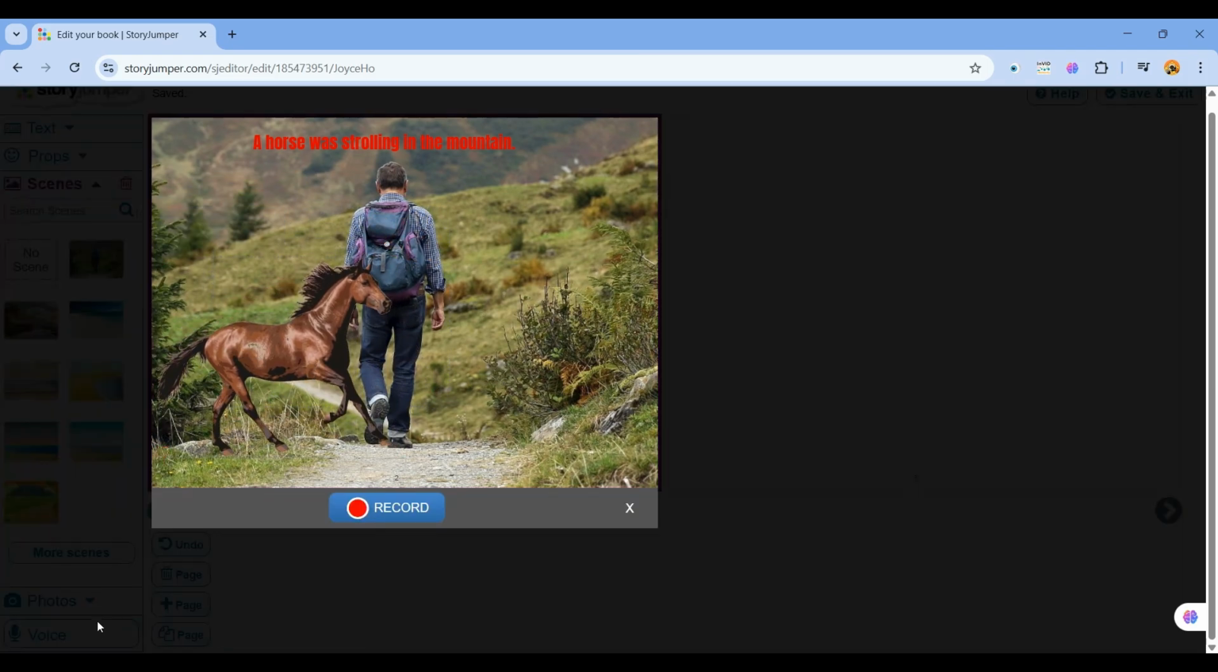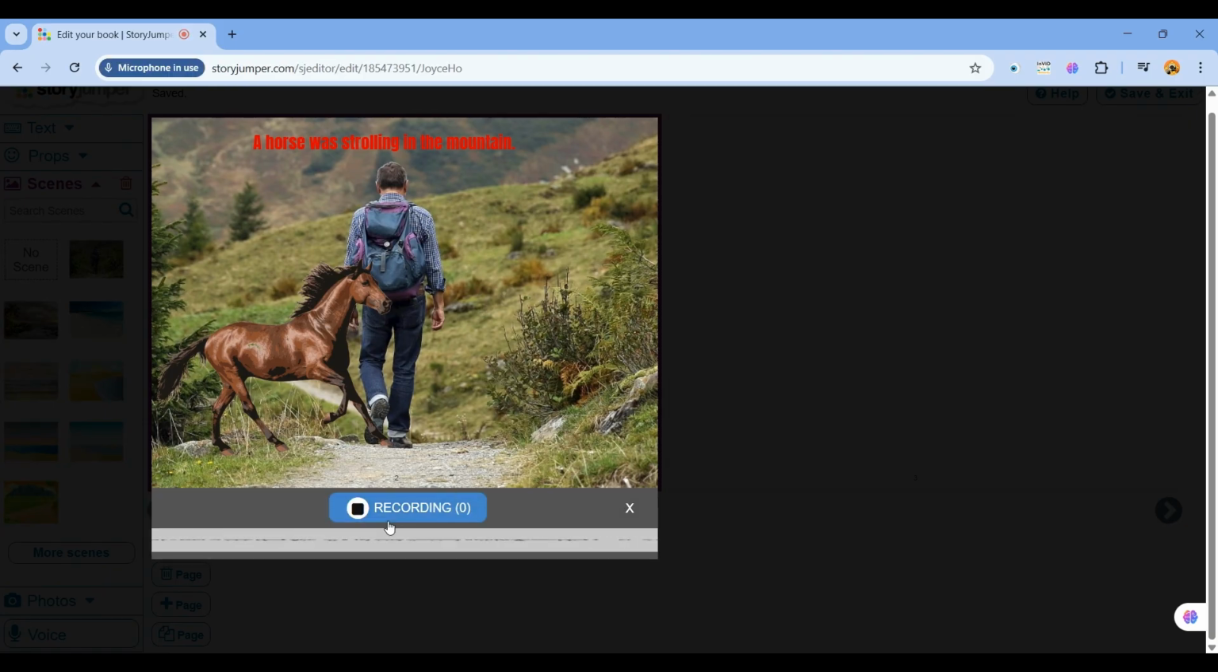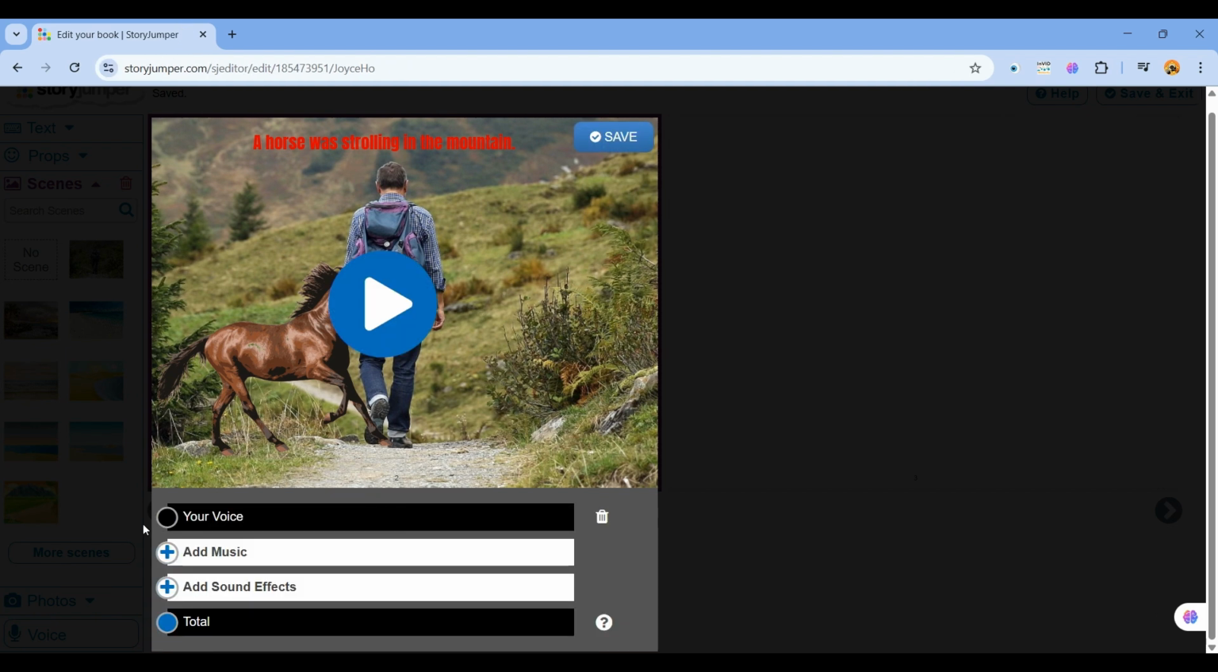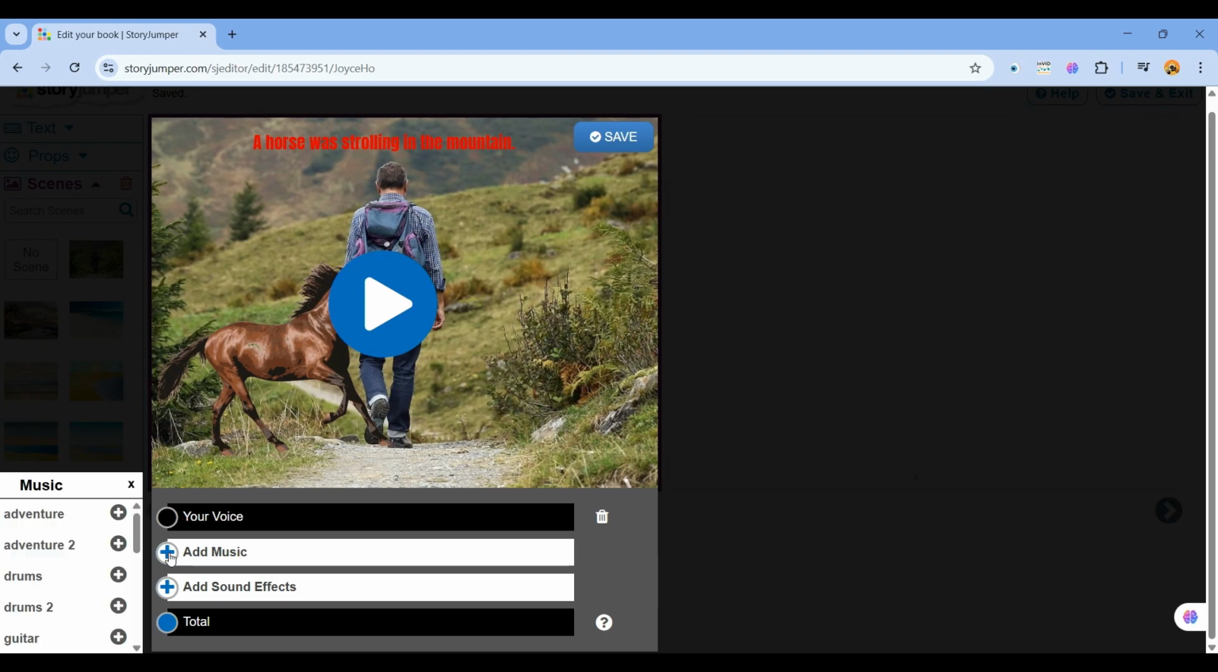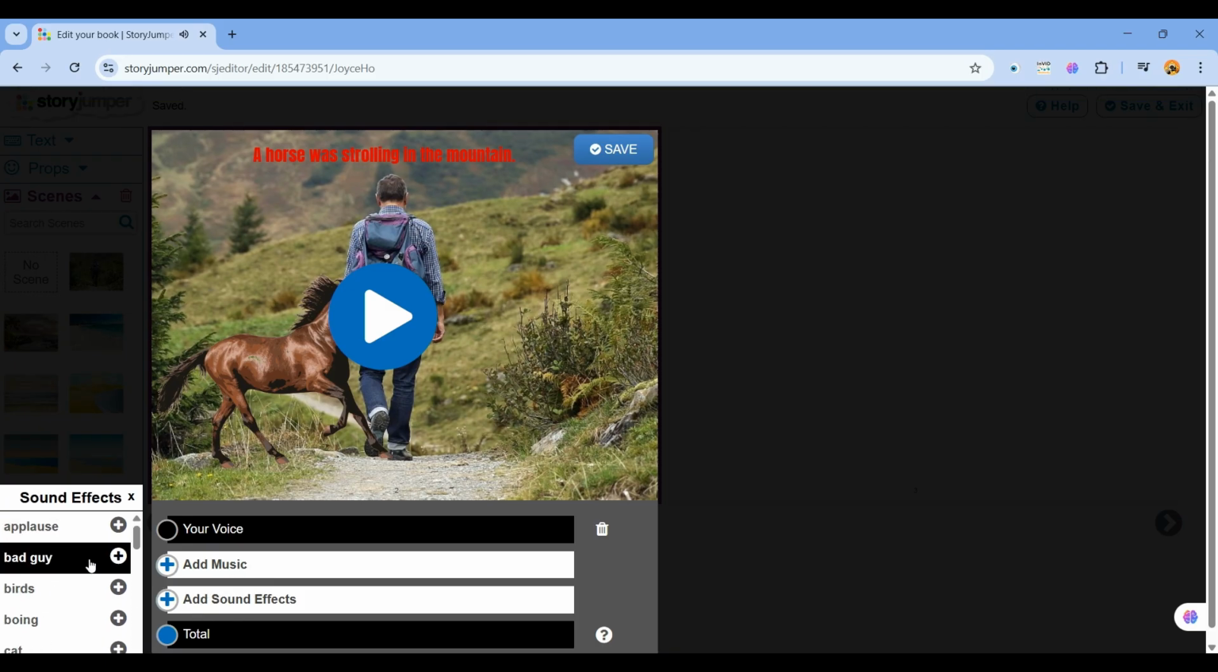We can add our own voice. So let's say I'm reading this, I can just say, a horse was strolling in the mountain. This would be my voice. I can add music. And I can add sound effects. So if we're talking about a horse,